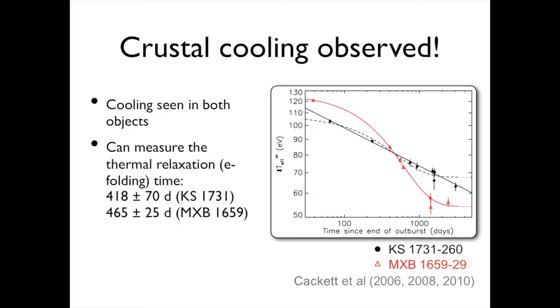So we went and started doing this, first led by Rudy Vinans and then by myself. We monitored these objects with Chandra and XMM Newton over several years, and we saw the crust cooling, right? So we see the quiescent spectrum, we model it to get the temperature out, and we see the dramatic decrease over the first few years. This is time since the end of the outburst, so the time it's been in quiescence. This is the temperature. You can see that 1659 drops by a factor of 2 in about 2 years in temperature,